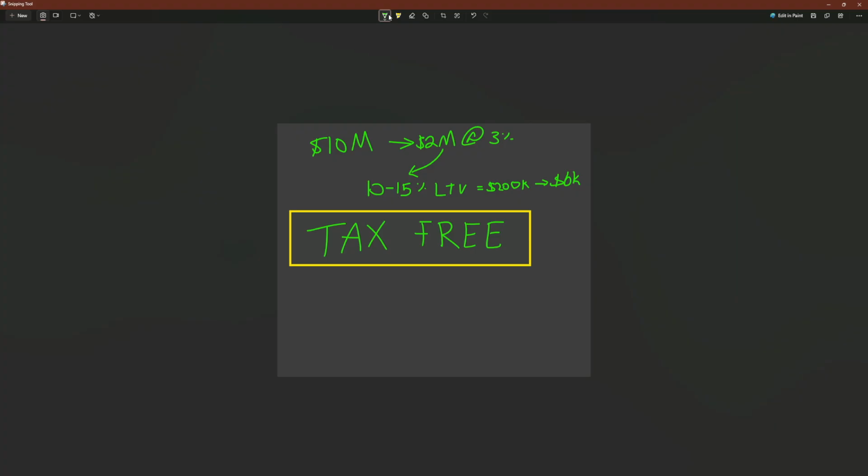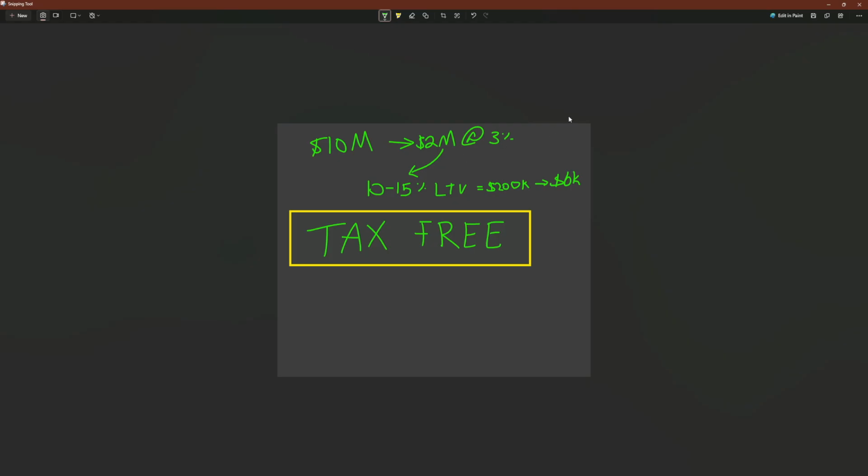If you take out a HELOC, that is tax-free. If you take out an SBLOC, that is tax-free. Payday loans, those are tax-free. If you get charged tax on that, go talk to someone right now and get that person in trouble. The government specifically cannot tax debt. So why not turn that into a powerful tool and use it to leverage your wealth instead of paying 35% in income tax?